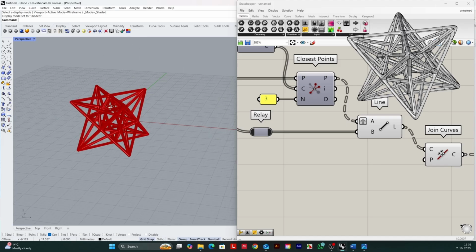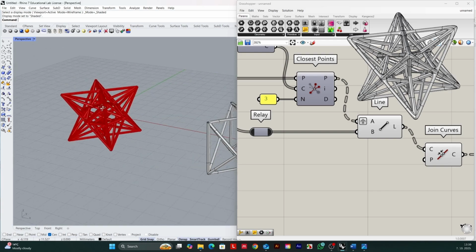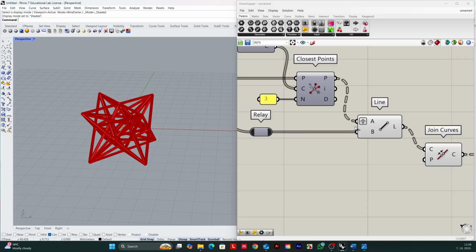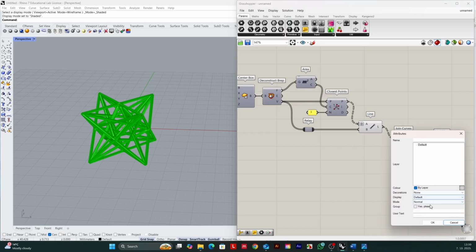So in this moment, as you can see, we have a situation where, if we make a baked model,